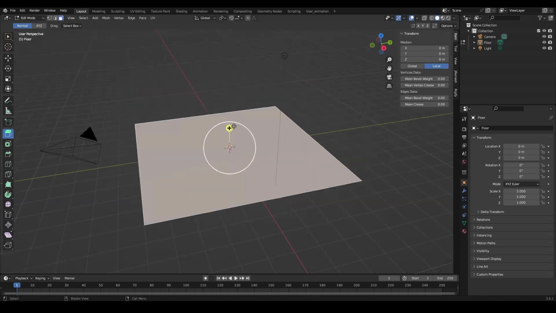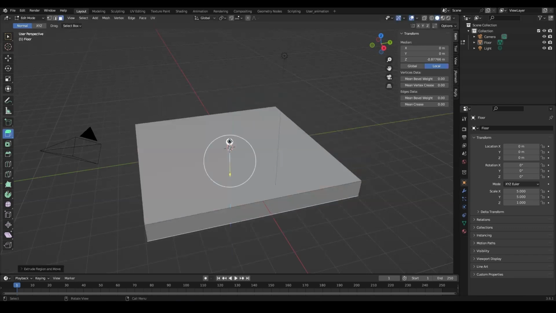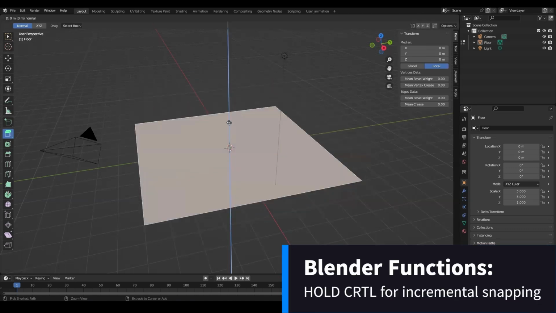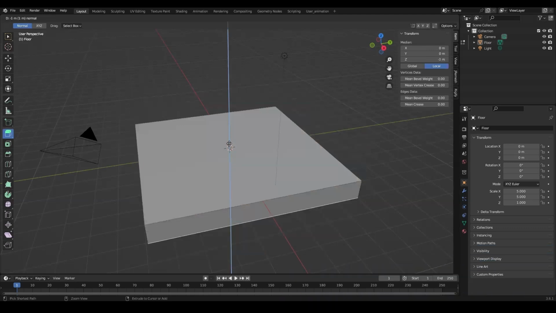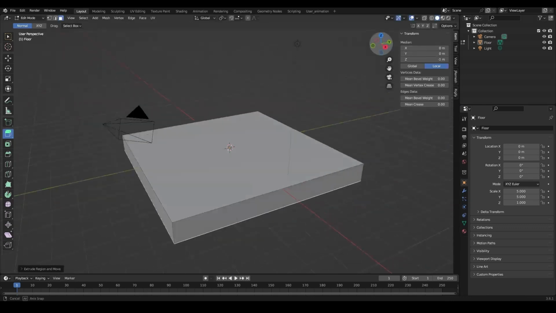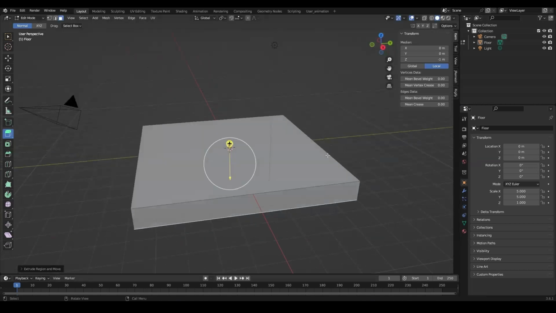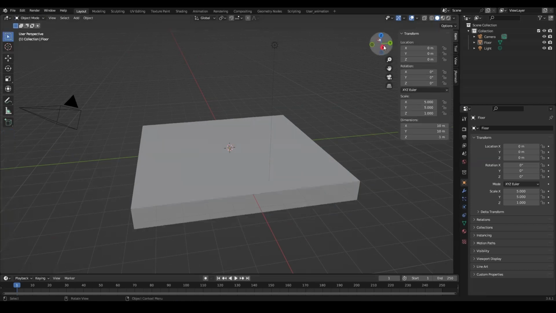So let's go back. For us to do that, we hold down Control, and that will bring it down exactly 1 meter down or 1 meter up. But I would like it to be 1 meter down. If you hold Control, it does an incremental snapping action of 1, 2, 3 meters down. So I'm just going to use a meter and let go, and then we have an extrude of a meter thick plane or floor. After we've done that, we can go back to object mode,